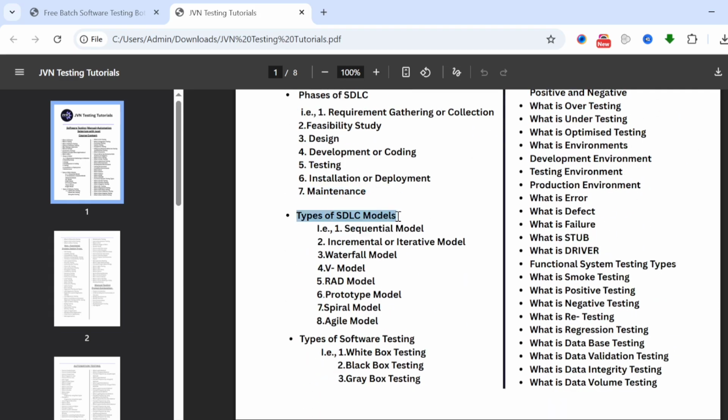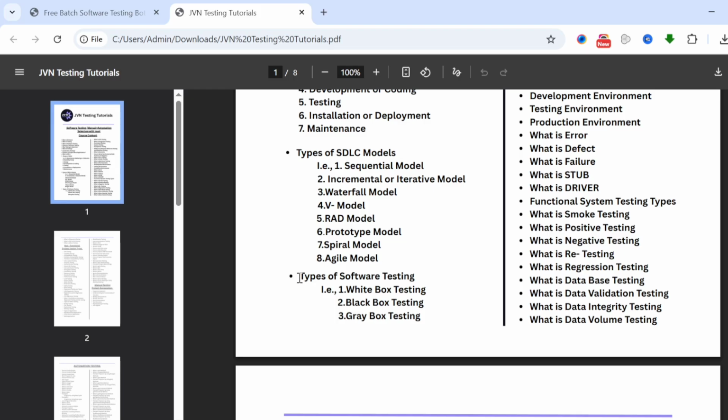Next, types of SDLC models. That is, what is sequential model, what is incremental or iterative model, what is waterfall model, what is V model, what is RAD model, and what is prototype model, what is spiral model, and most important is agile model. So these are the SDLC models. Next, types of software testing. That is, what is black box testing, what is white box testing, what is gray box testing,